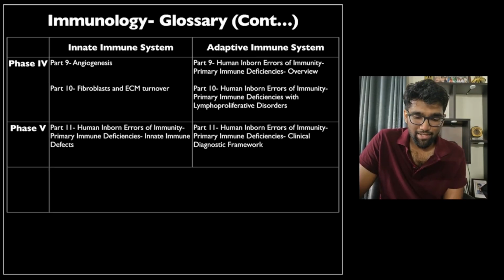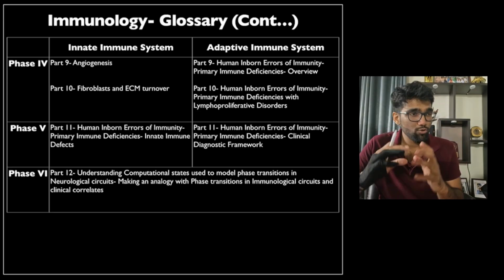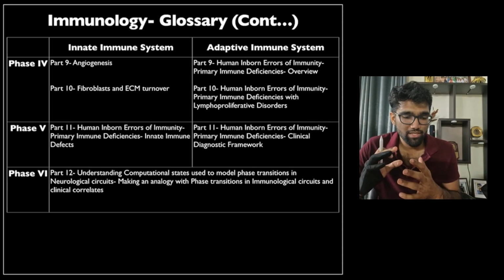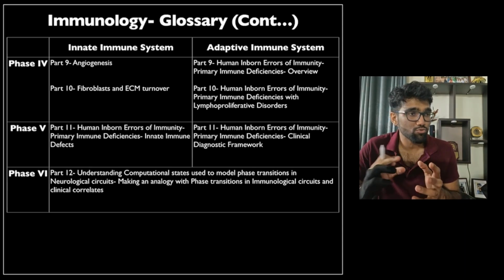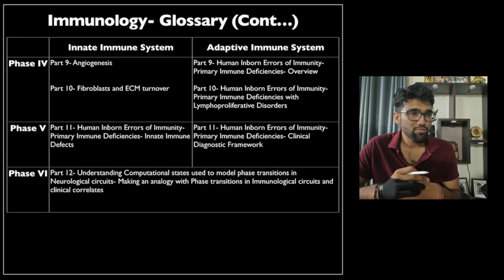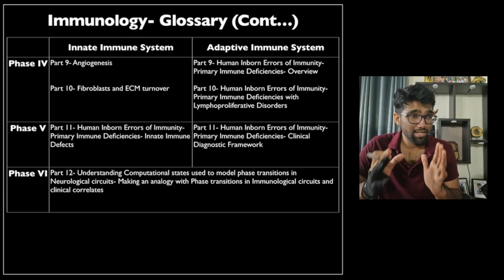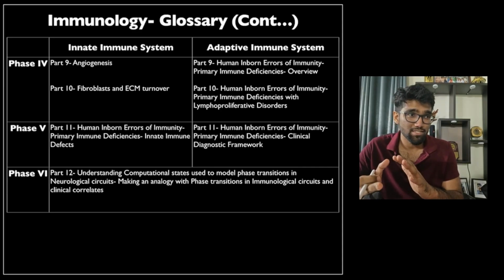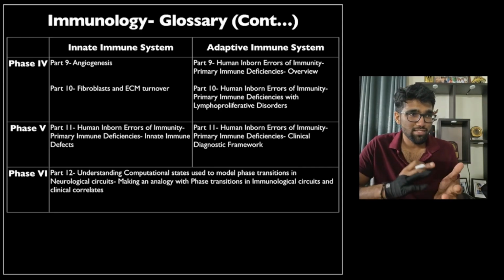So we'll get into that then. And finally, we'll try to understand the computational states that are used to model phase transitions. And this is best studied in mouse models of neuronal disease. So we'll understand what kind of phase transitions occur, because again, as you have just seen, the adaptive immune